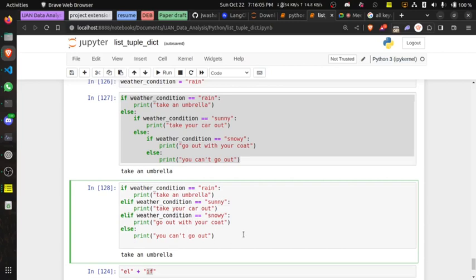Else do this. That's just how the if else functions. So if you now have multiple conditions where you're checking more than one, because usually it's just one: if this is true, do this. If it's not true, do the next thing.